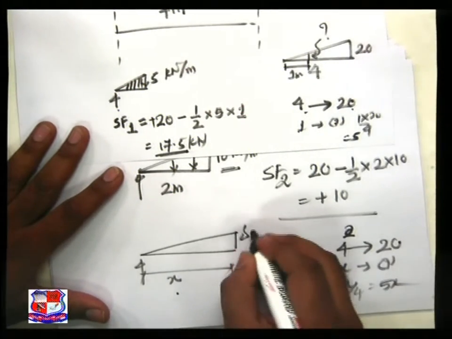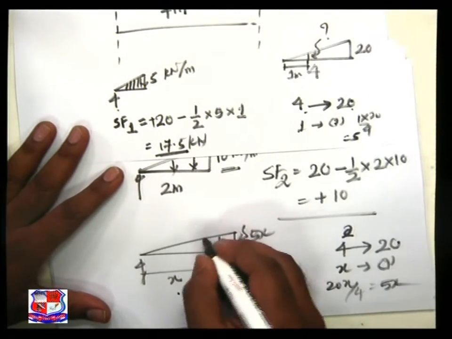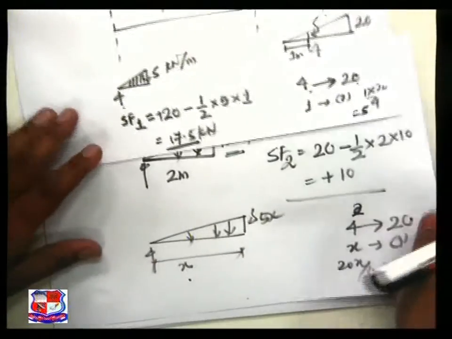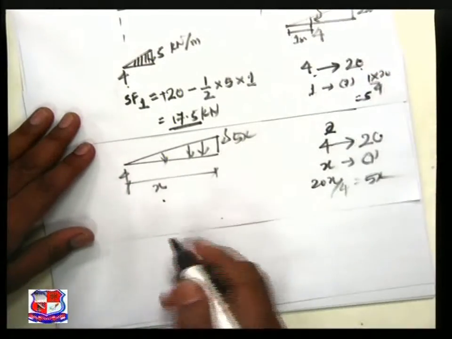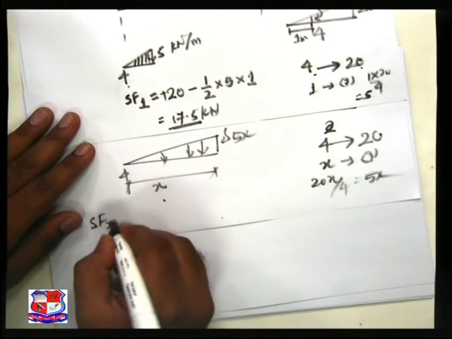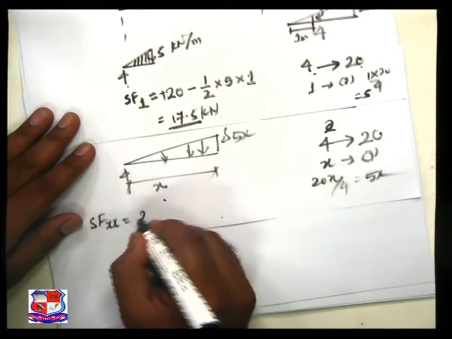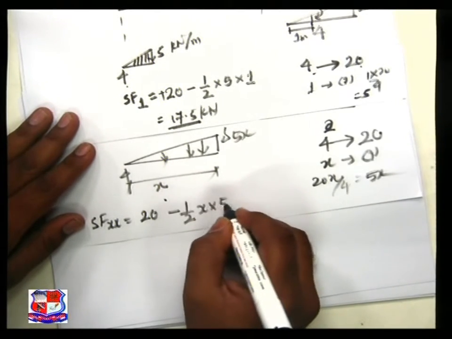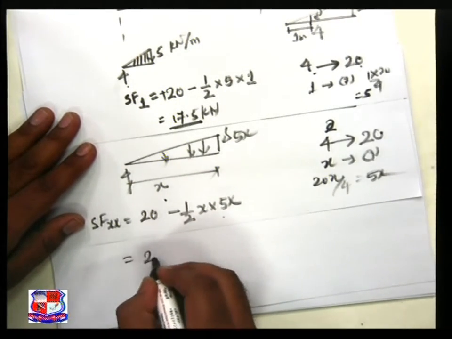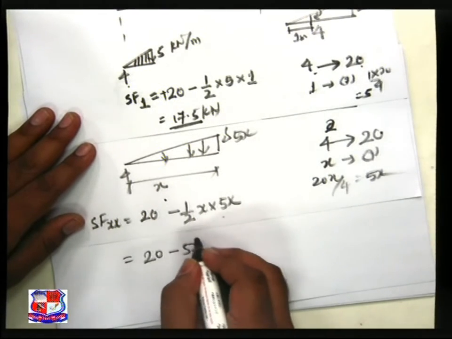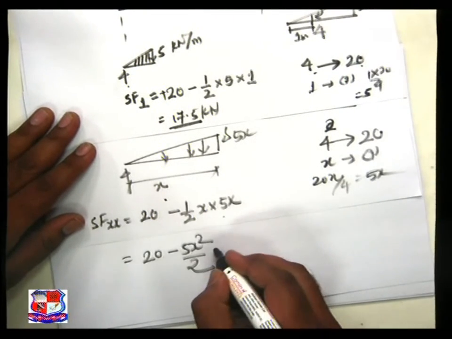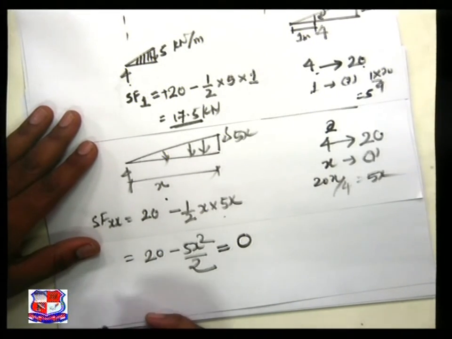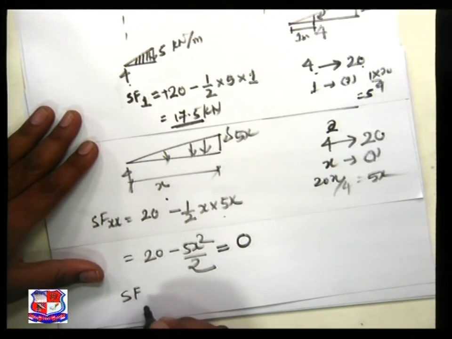So this ordinate is of 5x. So we achieve shear force at x is equal to 20 minus half into x into 5x, which is nothing but 20 minus 5x square by 2. The intention is to equate this to 0 and find x, and we achieve shear force at